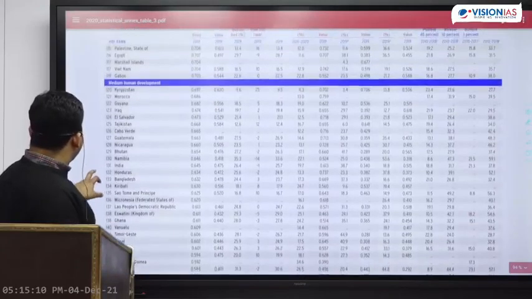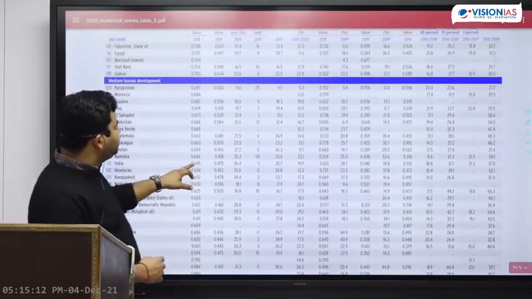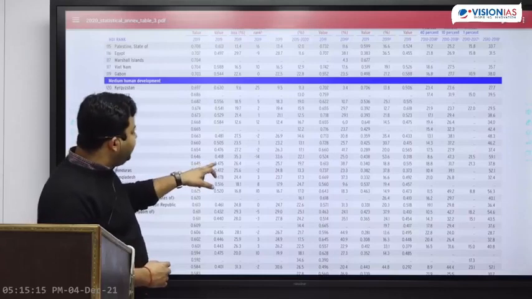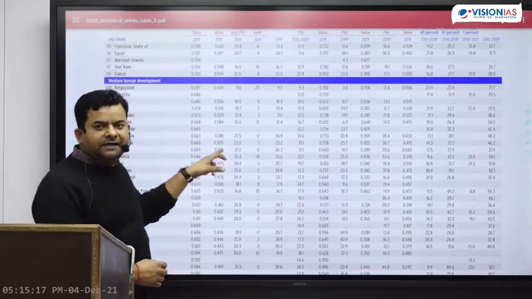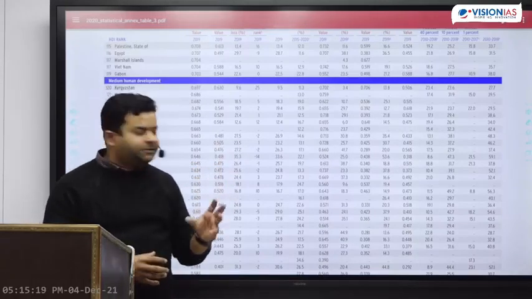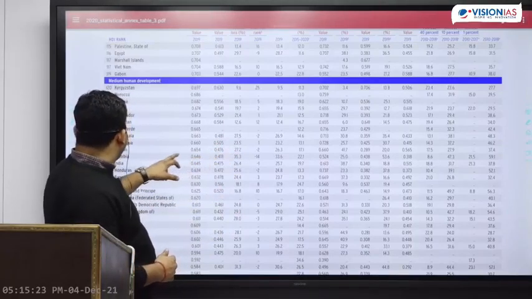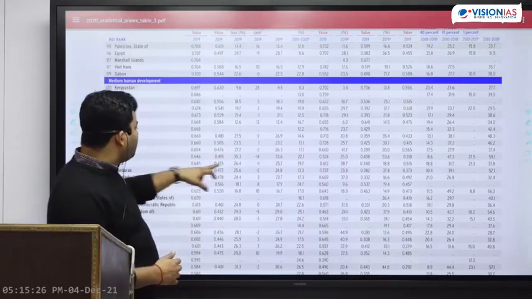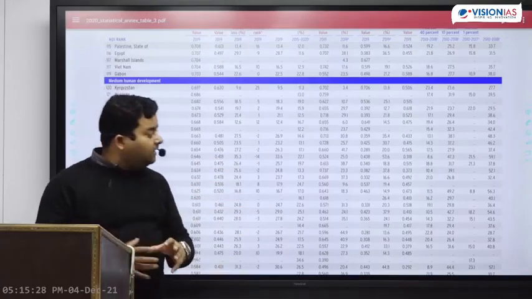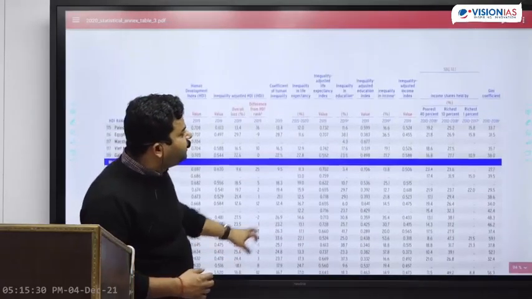Look, India's HDI value is 0.645, IHDI value is 0.475. That means a drop of almost 26%. To be specific, 26.4% is the drop. If you see, the drop is almost 26.4%, it clearly indicates inequality, and that's why, if you see here, we get this,